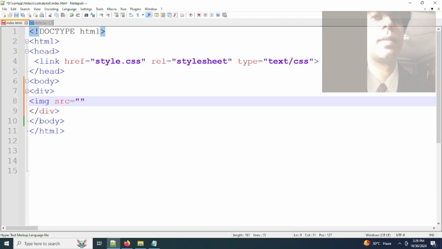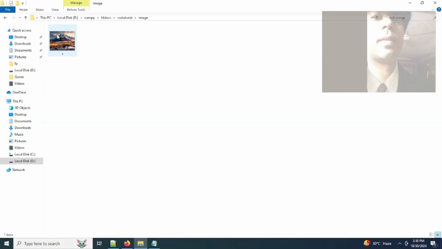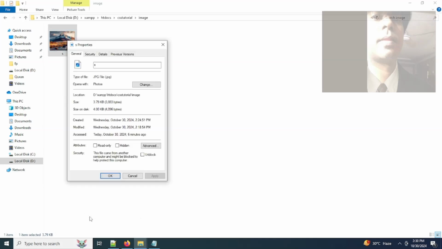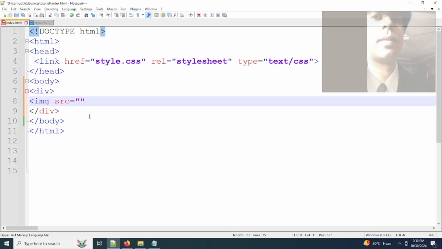In between double quotes, we will use the image. I already saved the image in the root folder. This is the root folder whose name is image. Open it, and we will use this image. Right click on it, properties. Type of file .jpg, size 3.79 KB. So we will use this image, root folder name image